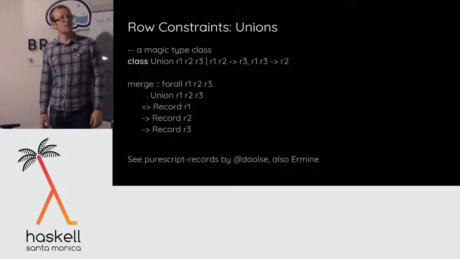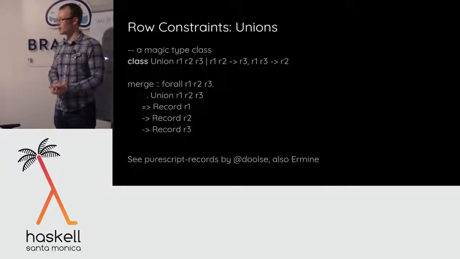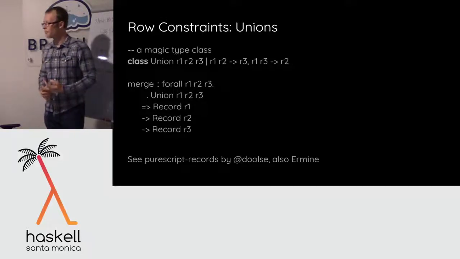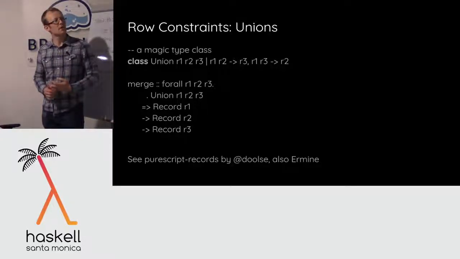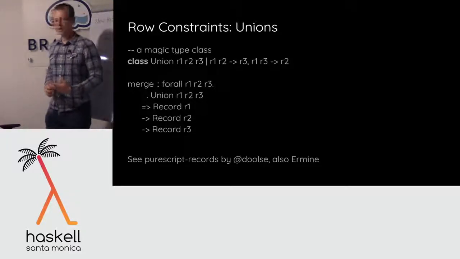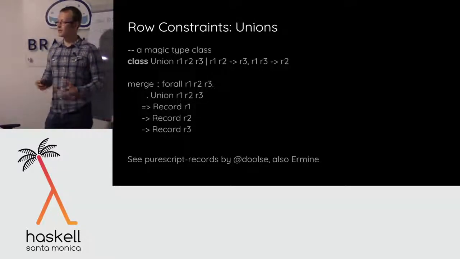Okay. So is that a disjoint union then? No, you can have duplicates, right? So when you union, you might produce a row that has duplicates. But if you know R1 and you know the result of the union, do you also know the thing that you unioned with? I think we actually have all three. If you know any two, you know the third. I forget the details, that might be wrong, but I think the way the compiler implements it, you do actually have the property that if you know two, you know the third.